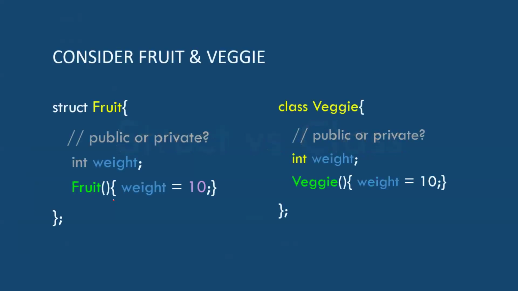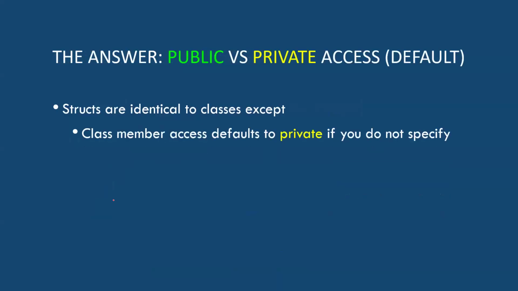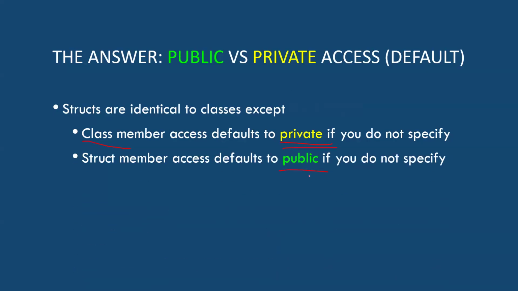Just a reminder, we mentioned it before, but I was always curious about this. I'm like, what is the difference really? Right? Everything you can do with a class, you can do with a struct. It's just that by default, the permissions are biased in the other direction. Structs are considered to be totally public. So class members default to private in a class, structs default to public. That's it. That is the only difference. So if you understand a class, you understand everything.